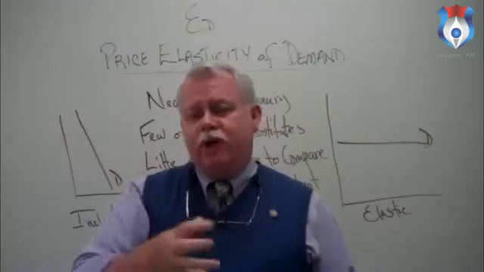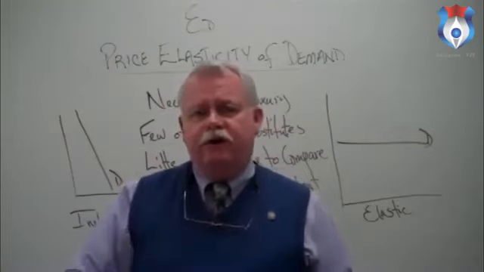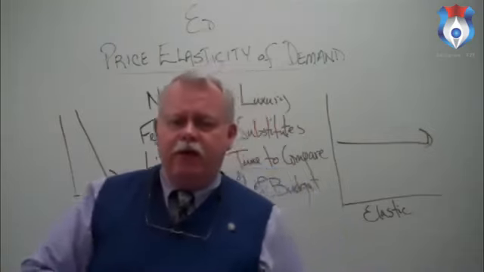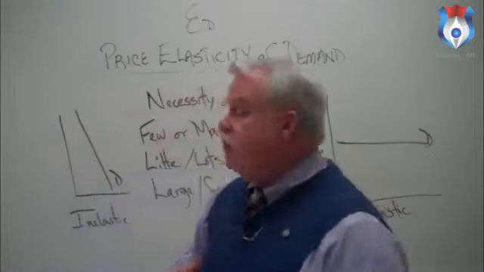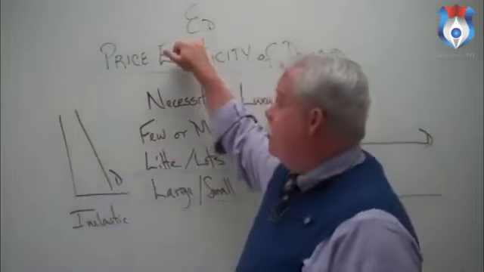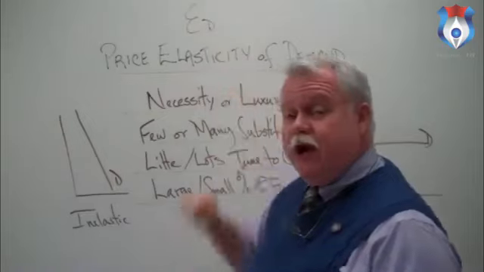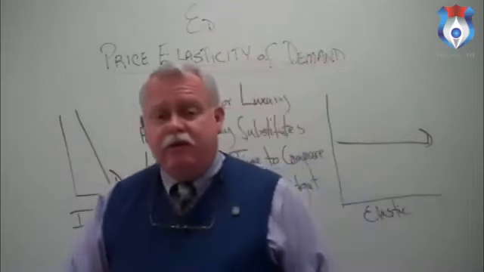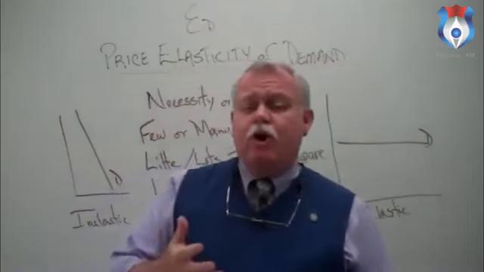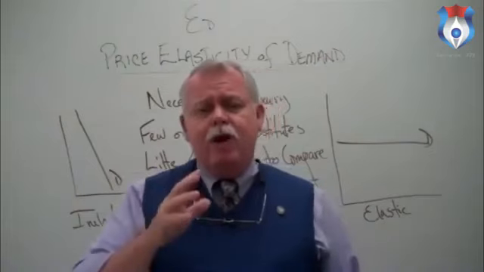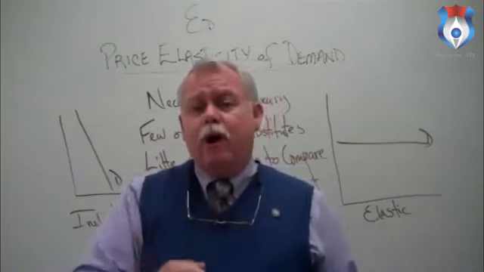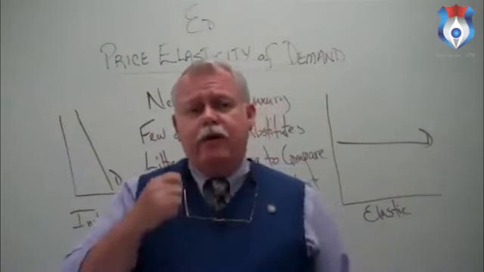It's the big one. Once we understand that, the others are relatively easy to follow. The price elasticity of demand. My symbol for that up here is the E with a subscript D on it. Price elasticity of demand. Conceptually, what we're talking about is how much importance does the price play in the buyer's